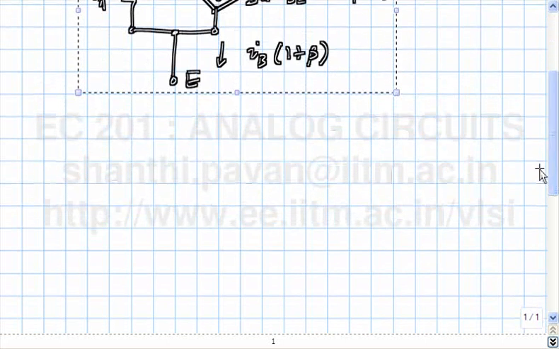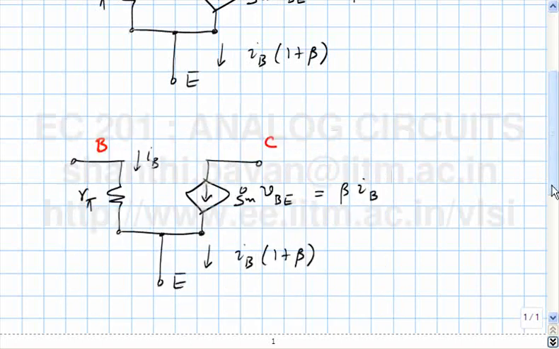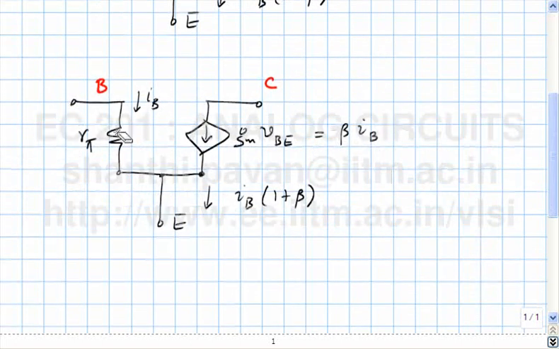prior experience with networks, we observe that nothing changes in this network if I replace the resistor by a voltage source equal to IB times R pi, and then when you have a voltage source at the junction of several branches, you can push the voltage source through the junction. So what we had was,